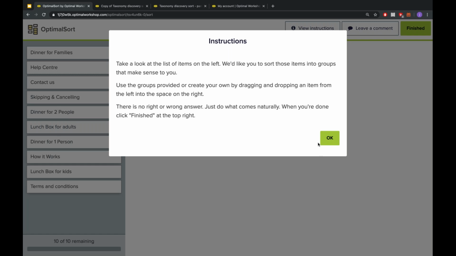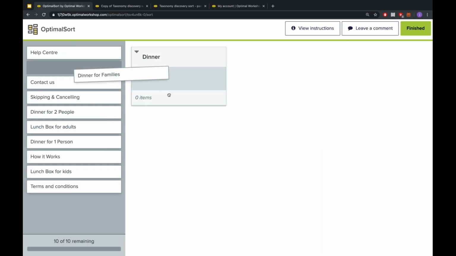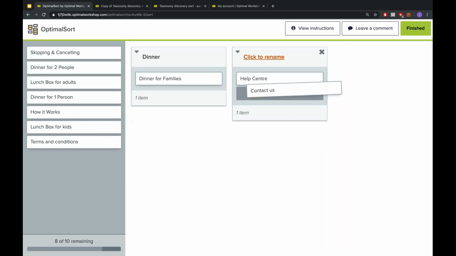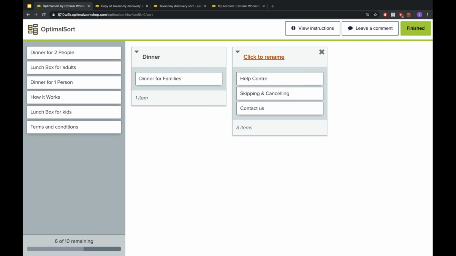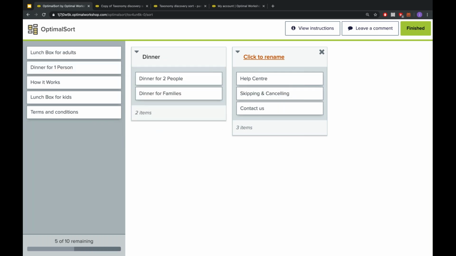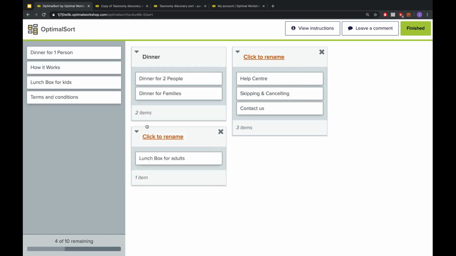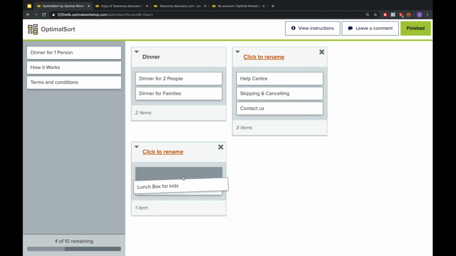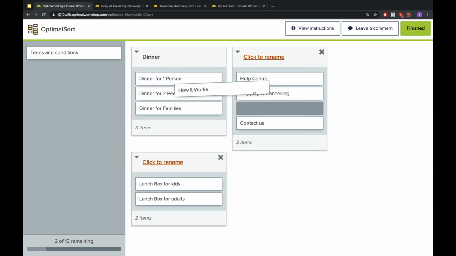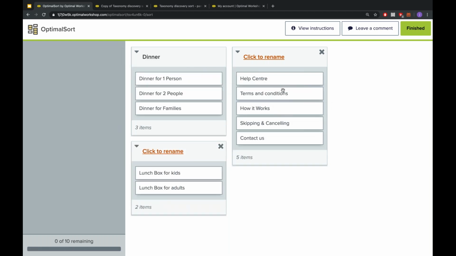So this will look very much similar to the GIF that you saw before. Just by clicking using the mouse or using your finger on a mobile device, you can drag cards around and create those groups that you think make the most sense, and in that way express what your or your participants' mental model is going to be. And here we go with the cards that I had available. This is what I think makes the most sense.